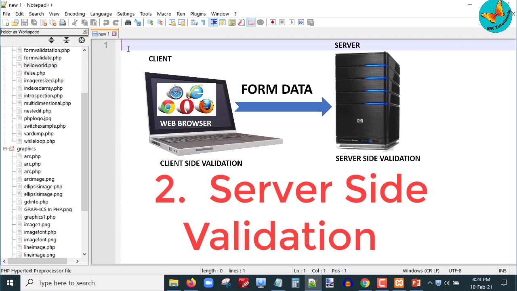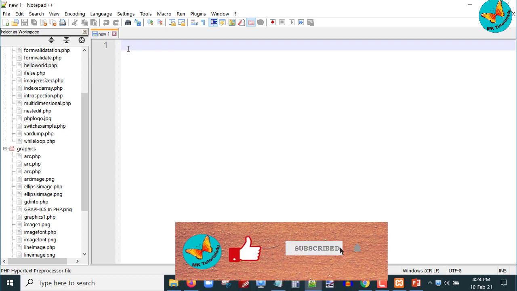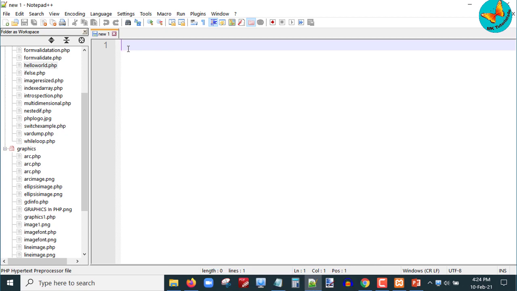So at the server level, this type of server side validation is carried out on the server machine. Now in this tutorial, we will be using our local host server to check whether the user has inputted correct values or not.